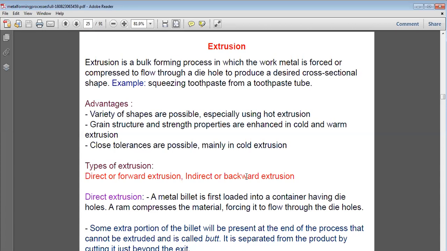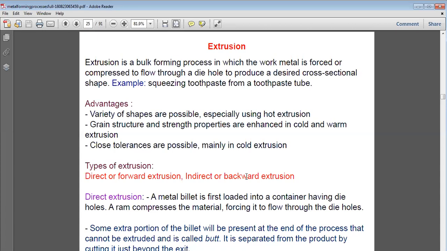Clear? So that is to be taken into account: we won't allow the temperature to go above the recrystallization temperature, because if it goes above, that will be hot working, and when hot working is possible, there will be possible changes in the grain structure of the material, and that may refine the grain structure, and the strength may be reduced in that case. So when we need a better grain structure and strength properties, we don't go above recrystallization temperature, or we don't go for warm working in this case.